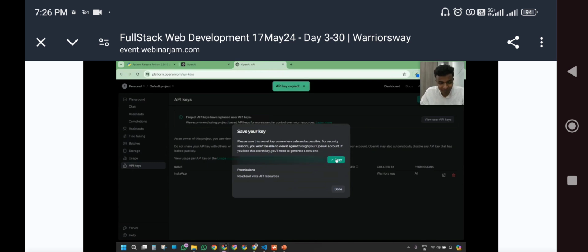Please copy this API key and save it in any notepad, because when we start building an application, I will ask you to take this API key and put it in the code. At that time you should be able to do this. So that's why please copy this API key in any notepad. Don't share it with others, otherwise they will consume all your free credits. You'll have $5 credits, so use it wisely.